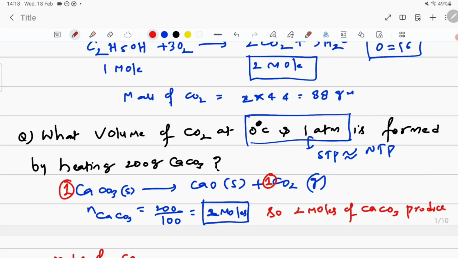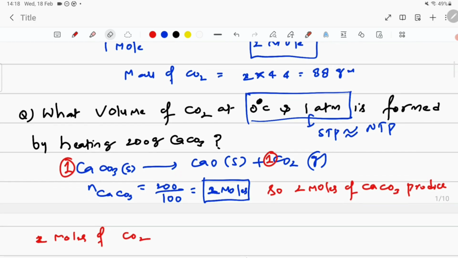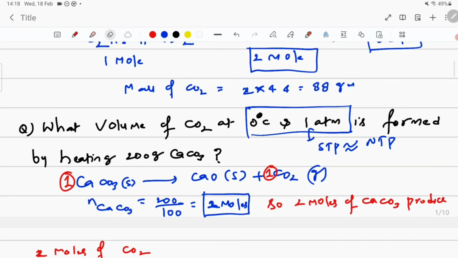They are not asking about moles, they are asking about volume. But here we know one statement: 1 mole of any gas at STP conditions occupies 22.4 liters. So 2 moles, 2 into 22.4 liters